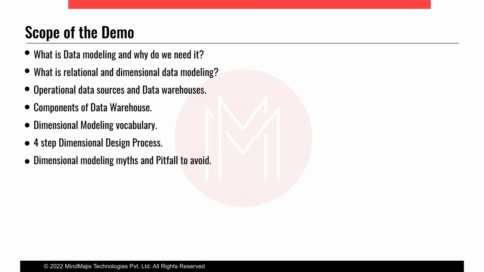Data warehouses serve the purpose of providing insights to the business. Data warehouses are subject oriented, integrated, non-volatile, and time variant modeling systems. Let's understand more about it quickly. Data warehouses are subject oriented. That means they are created and designed to serve a very specific purpose. You have to understand the business process and what exactly your business users are looking for to make business decisions. Hence, they are very subject oriented.